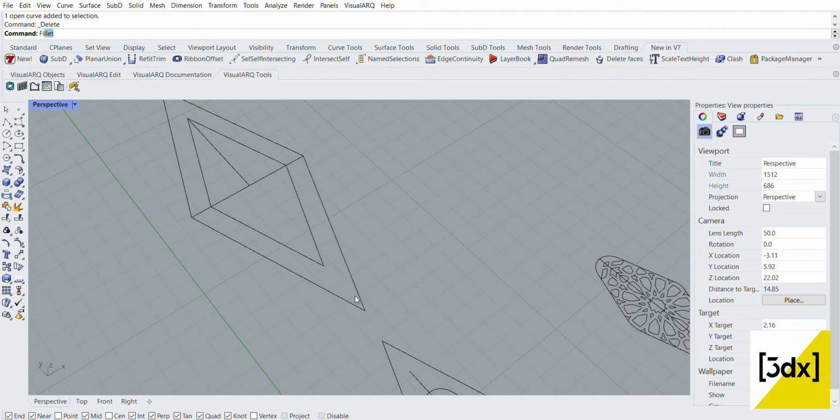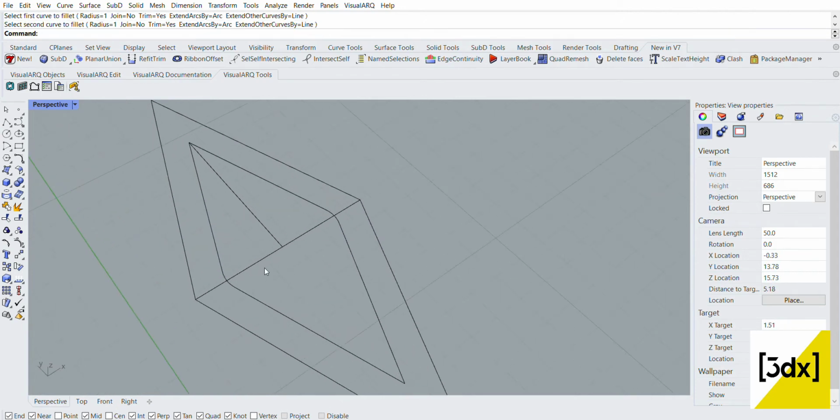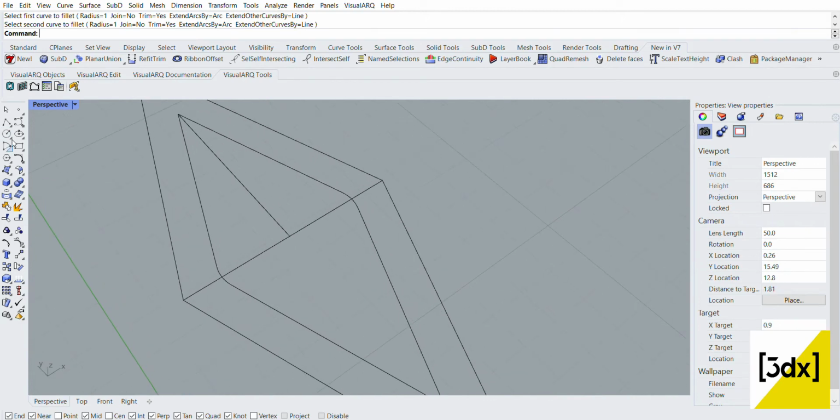Now I'm going to use the fillet command. I'm going to use fillet only in this corner, because at the top I need to do it using start end direction.